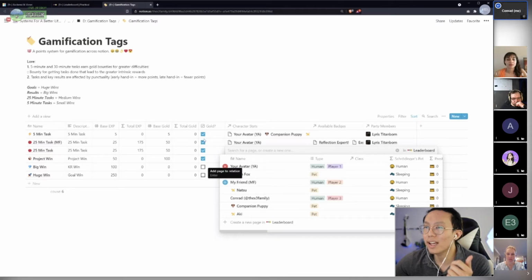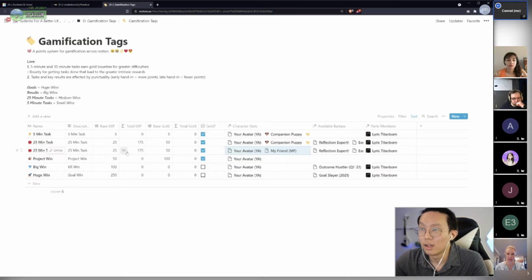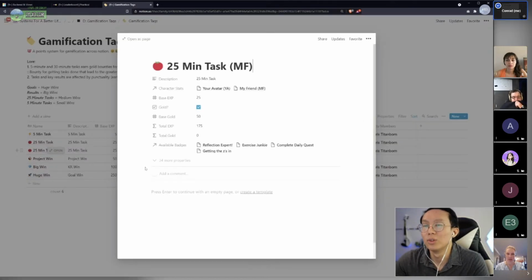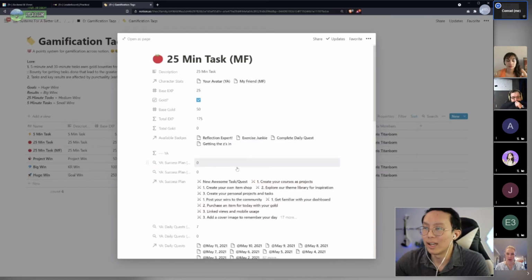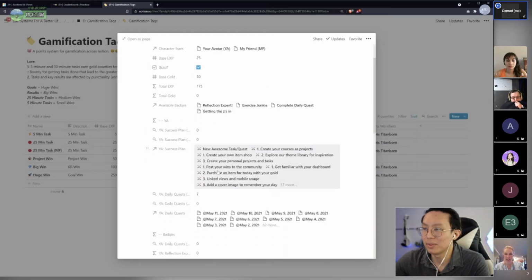And when this happens, I just want to show you, and because we duplicated it, it'll actually show all the relations for all the different tasks that we have, which we don't want. So actually I'm going to delete some of them. So let's show you. So right now I'm going down into here and we can see the success plan has a bunch of stuff, right? So let me just remove all of that for a second, and